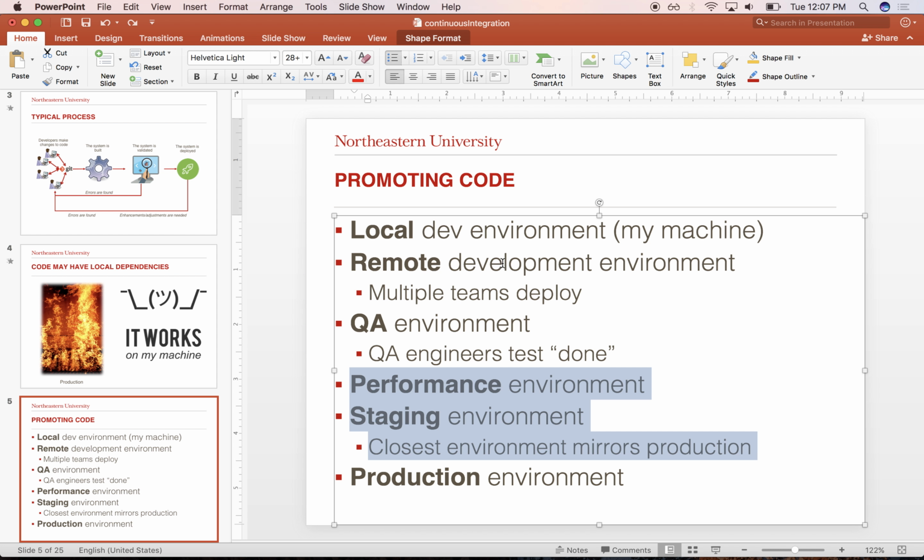It depends. It varies from one shop to the next, from different companies, from different teams. Some teams might have environments that are specifically targeted for performance tuning, to bang on it with a lot of queries to see if it performs under heavy load,